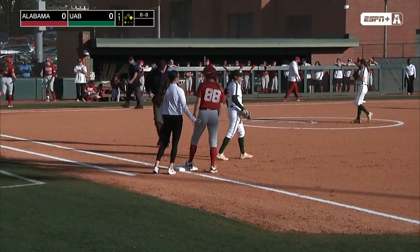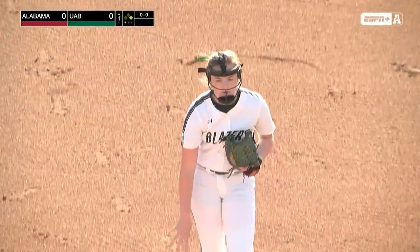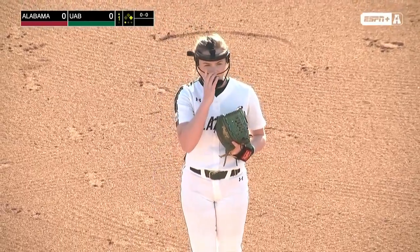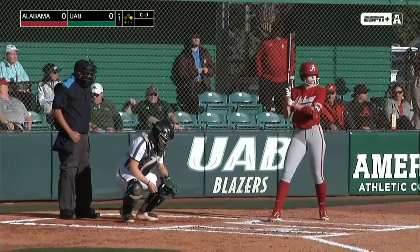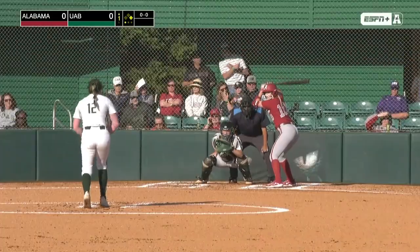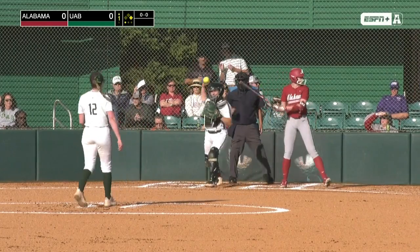So Cahalan, the shortstop, retired, as Abby Dukeshire, the designated player to the plate in the third spot for Coach Patrick Murphy. Callie Hevelin in the cleanup spot on deck, the second baseman. Emma Broadfoot at first base bats fifth. Bailey Dowling at third in the sixth spot. As a strike call,